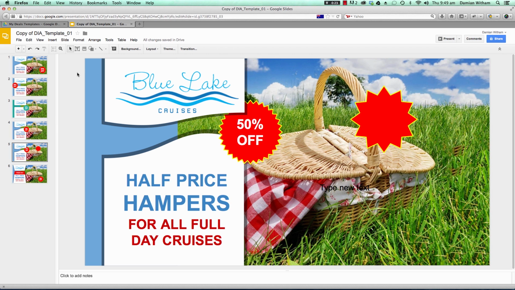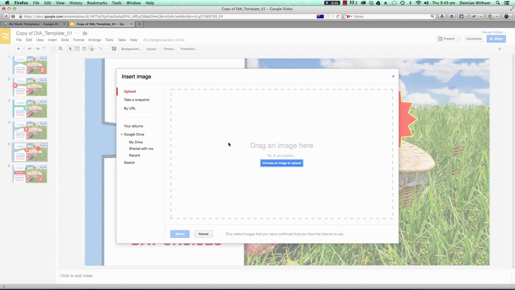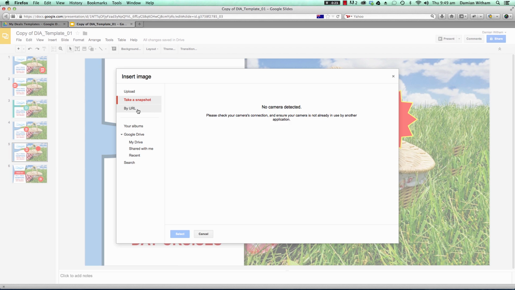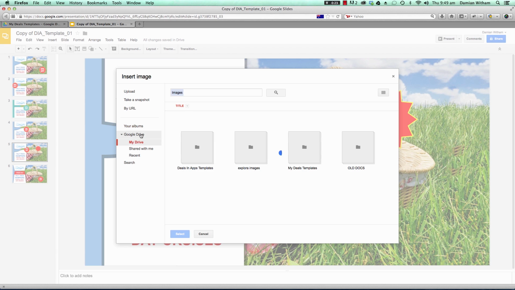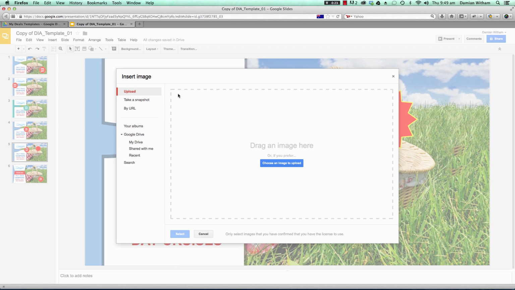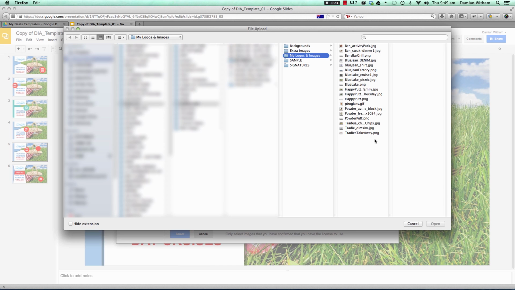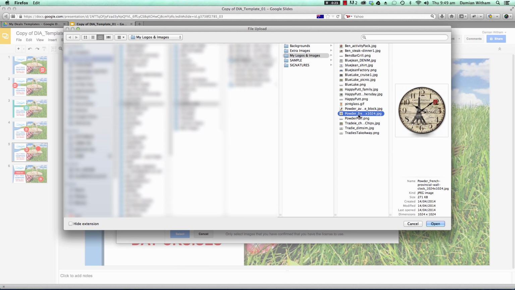The next button is the image button. This allows you to bring in other images. And there's a few different ways to bring images in. We can upload, we can take a snapshot if you've got a camera connected. We can do it by URL. If you know where there's an image on the internet, type that URL in there. You can go to your albums, you can hook into your Google Drive. In this example, we'll upload a new image, so we'll click on choose an image to upload. There's my image,